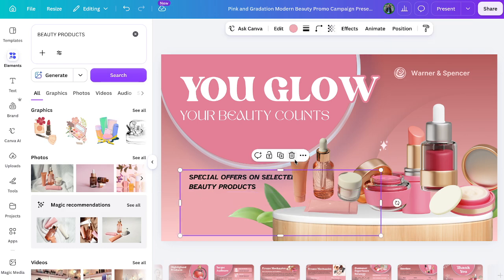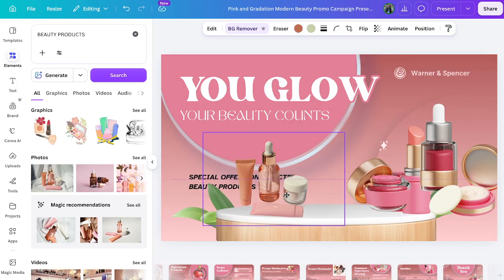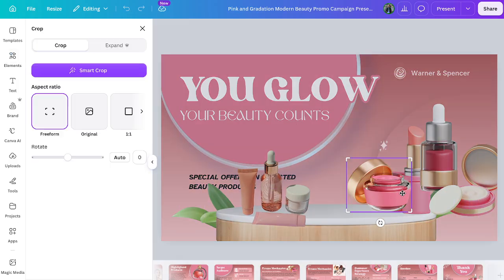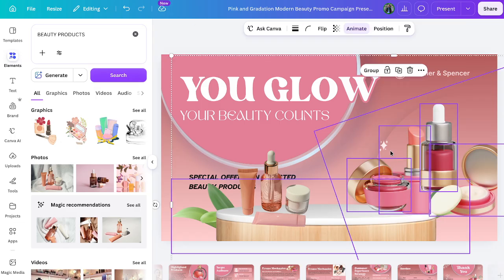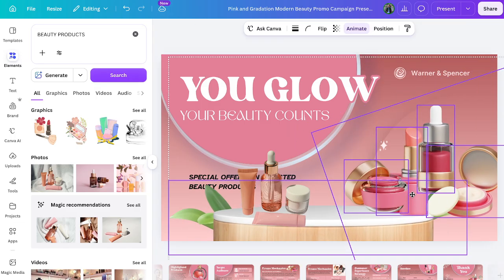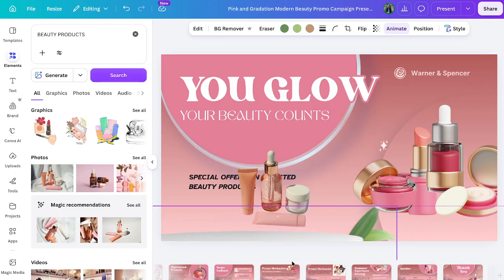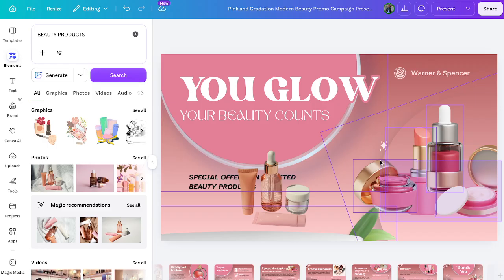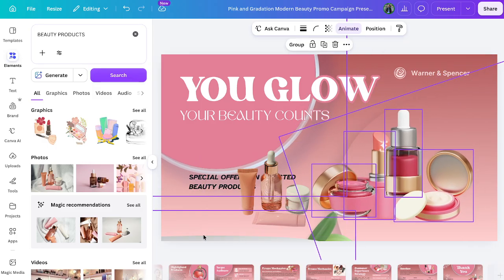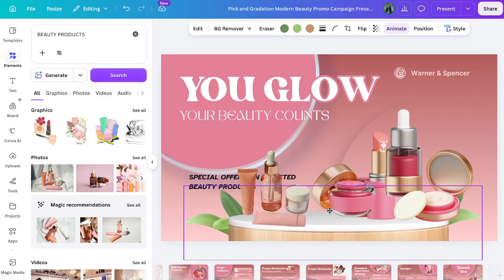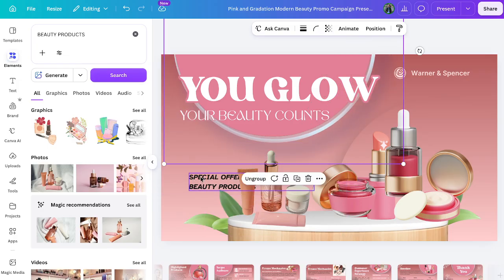So put this in the middle. The products here. There we go. Putting it here. Then I'm moving this one here. So afterwards, we can just